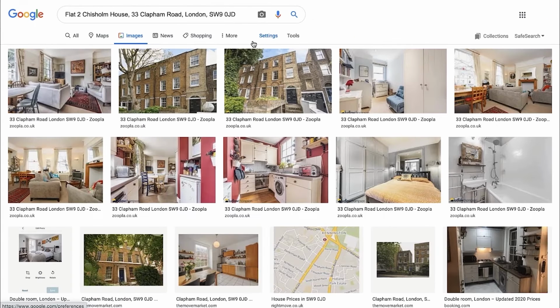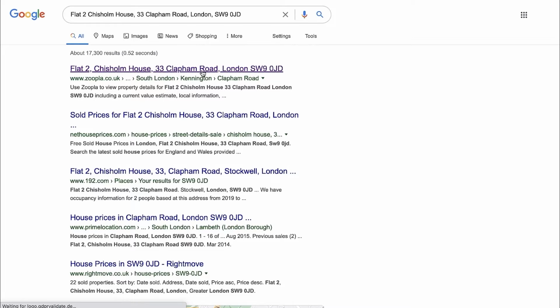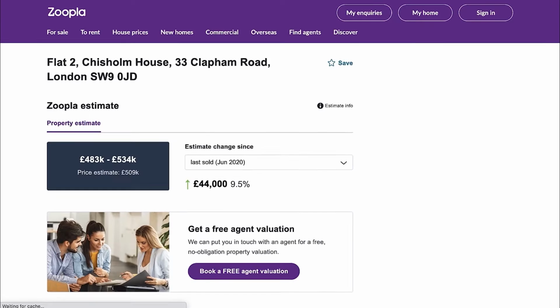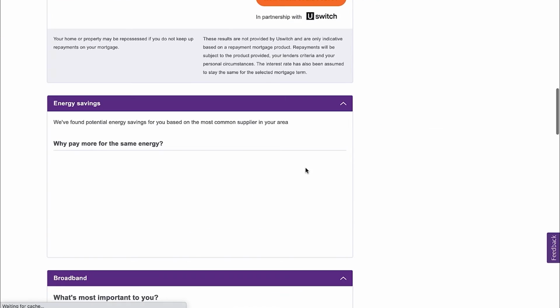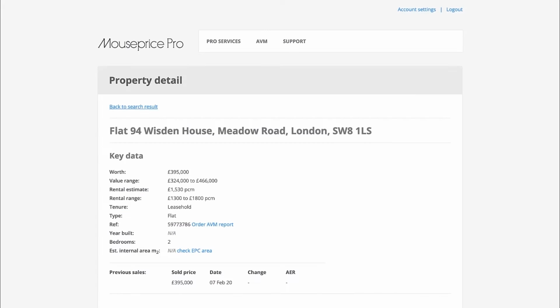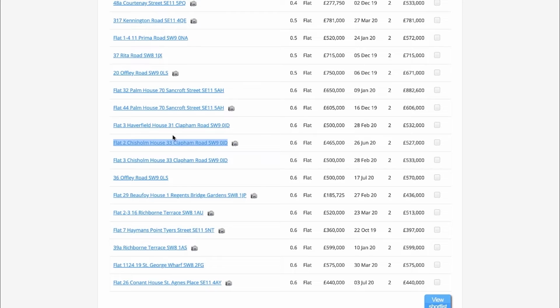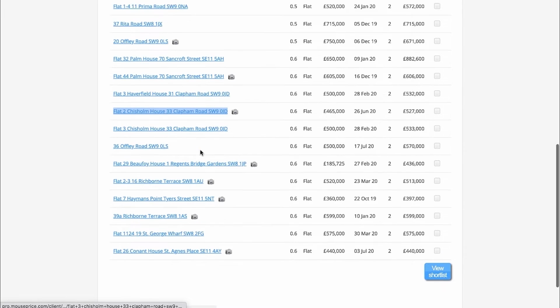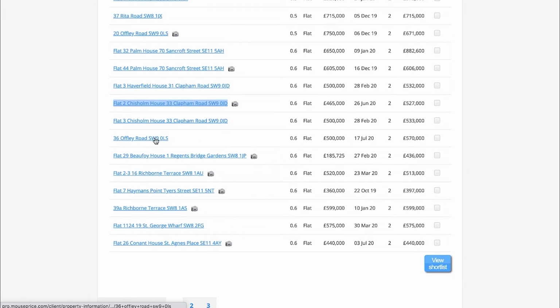So if I go into images, and okay, maybe we've looked at this one before since it's already come up. Okay, so we have looked at this one before. This is the one we looked at earlier. So again, we can ignore this. This is the same building as the other one. This is most likely to be private again. Let's open